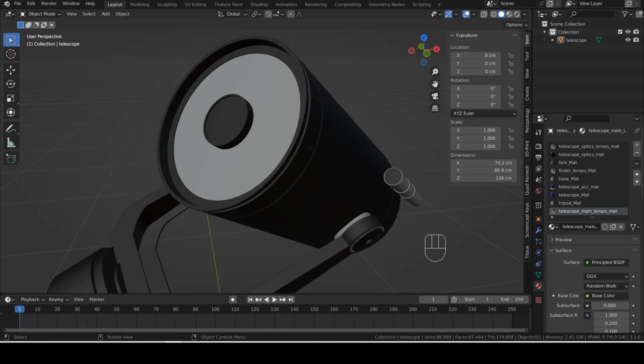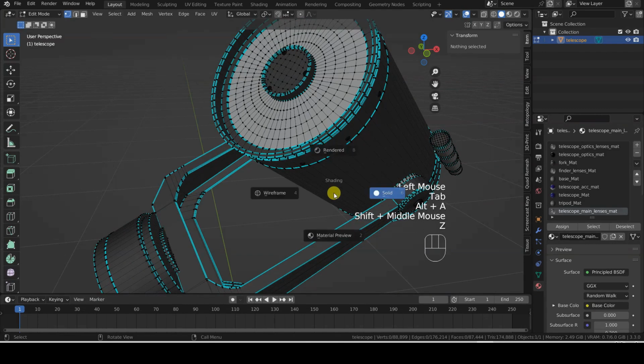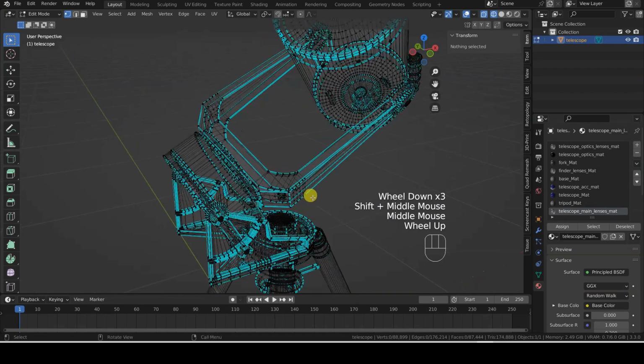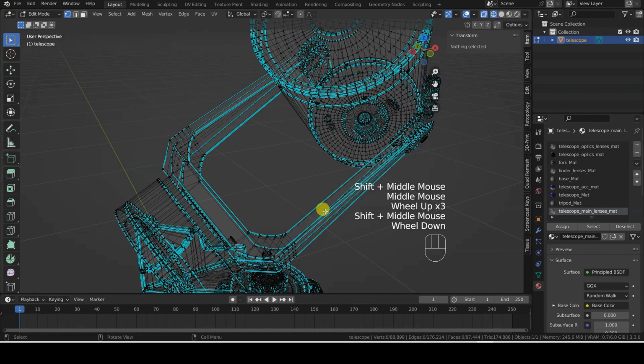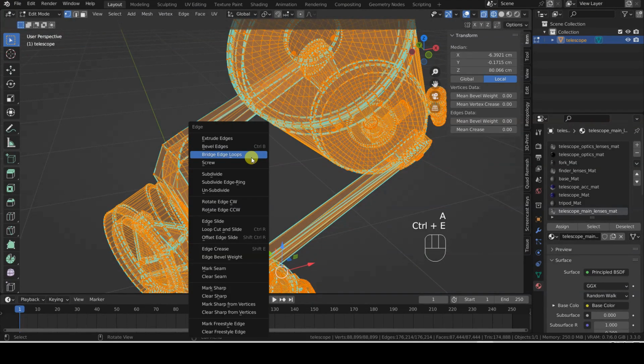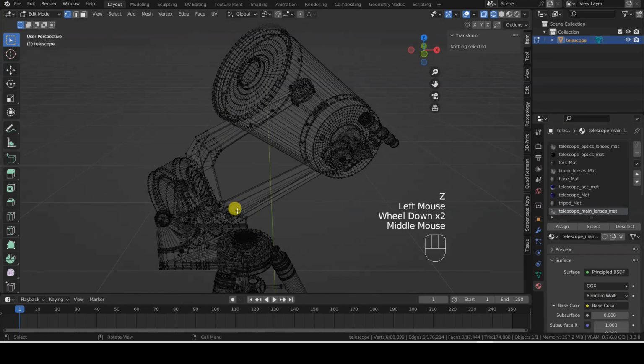Now let's remove the sharp edges from the imported model. By switching to Edit mode, you might notice some edges highlighted as sharp. The Mark Sharp tool modifies the attributes of normals and, therefore, it modifies the behavior of the tools that work on normals, such as Edge Split or Auto Smooth. In addition, the presence of edges marked as sharp will also affect the final shading of faces that use it. Their presence should not be a problem, but if you want to remove them, you will just need to select all the geometries with the A shortcut. Then press the key combination Ctrl-E to open the Edges menu and choose the Clear Sharp option.